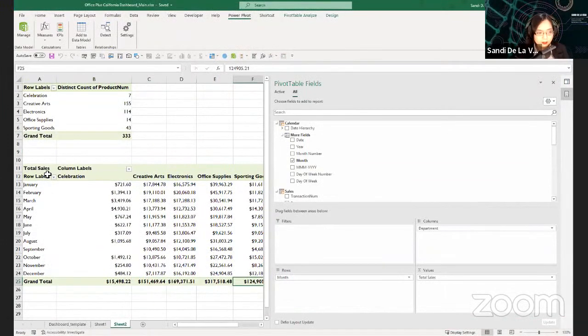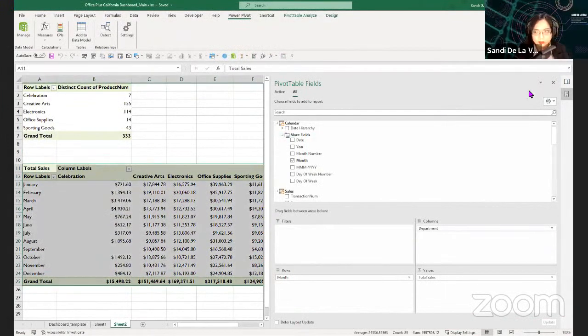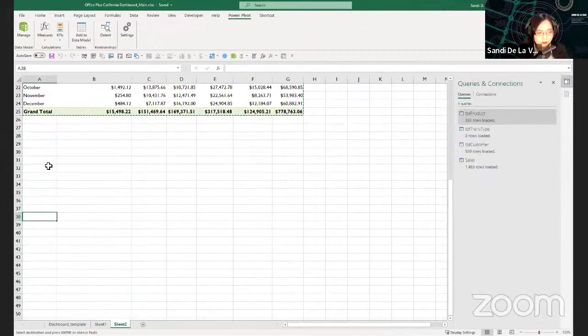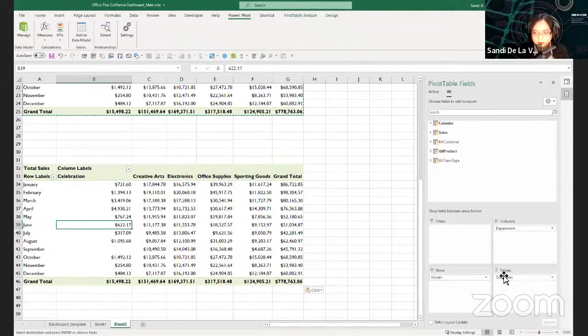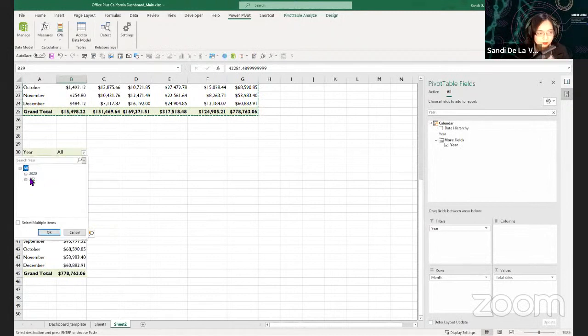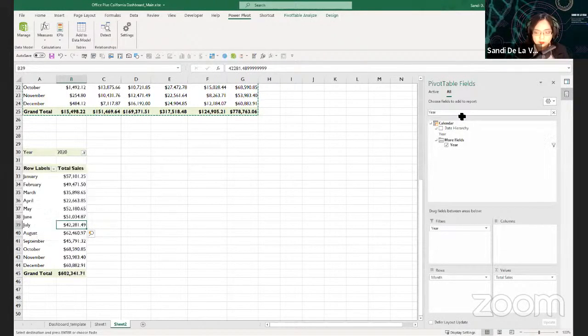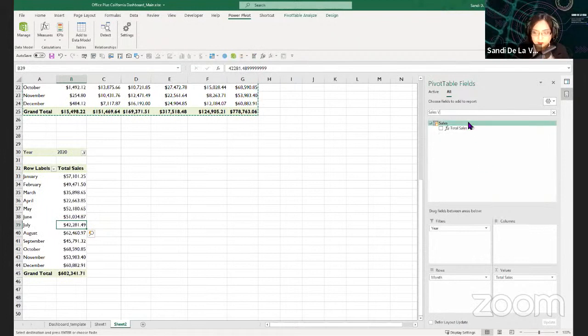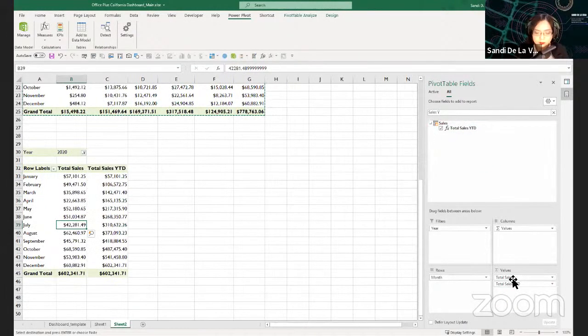Let's check the impact of the total sales year to date. Let's remove this department, maybe the year, filter it to 2020. Then bring out the total sales YTD, or year to date, to compare the total sales and the total sales YTD.